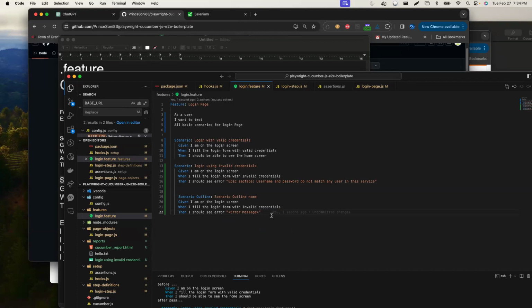So now I can go ahead and put that into an examples table. Okay, and give me a sample right here, you see? So the header is gonna be error message. So the error message could be different based on scenarios. So I'm gonna go ahead and put it in here. And I'm gonna put the first one, maybe the error message. Let me just